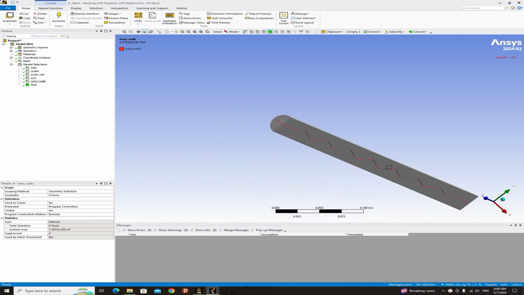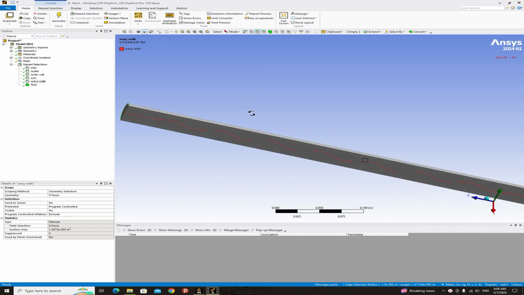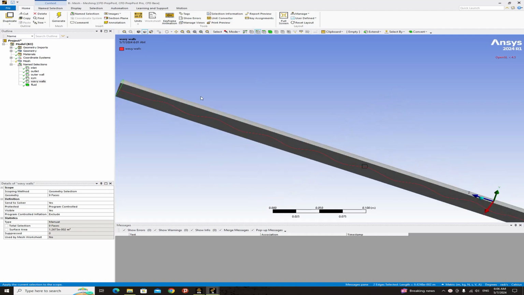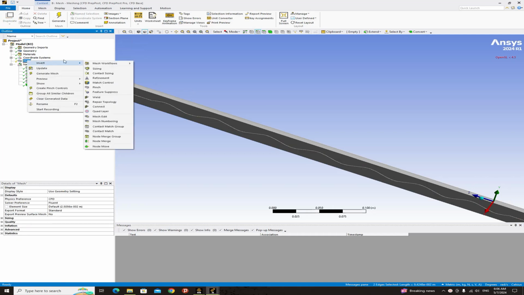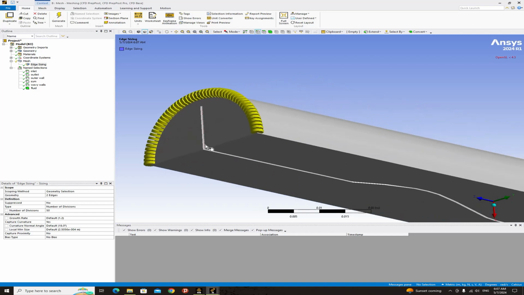Okay, now let's go for giving size to different edges. I start with this edge and this edge at the same time, select them by holding Ctrl key, and from here mesh insert sizing. Yes, two edges are selected, and change the type of element size to number of divisions. I want to divide them into 50 elements, and next edges I want to give size